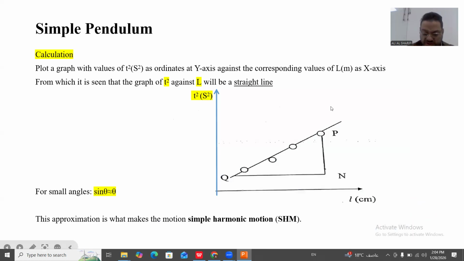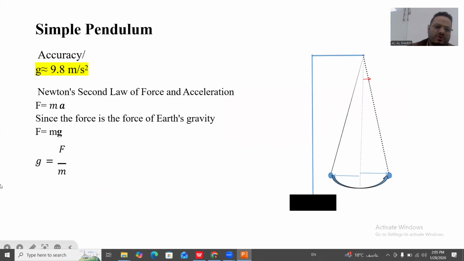Here, the relation between them should be a direct linear relation. It's a simple pendulum because the angle is small. By that, we can say it's simple harmonic motion. When theta is so small, we can say sine theta equals theta, approximately. Here, it's important to say